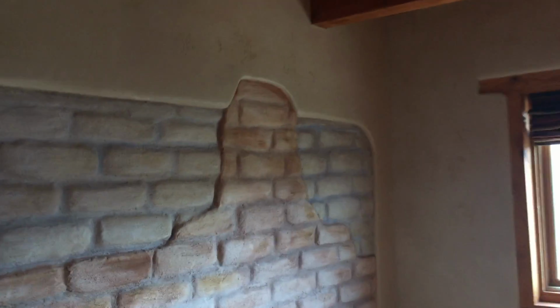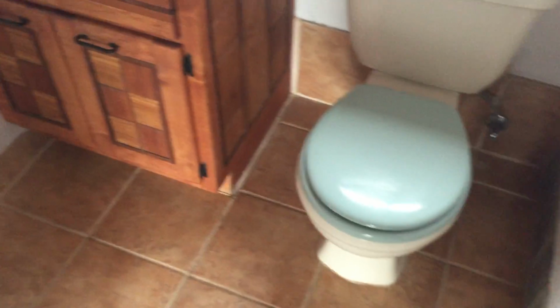This is what I'm going to call the bed space for the guest house. Some funky exposed adobe here with some interesting colors and accenting, which I've not seen before. Closet back this way. This is like a little mud room off of the garage here. And it has a 3/4 bath. Slate tile. No, that's not slate, that's ceramic that looks like slate. Commode, vanity, etc. Then right through the mudroom is a single car garage